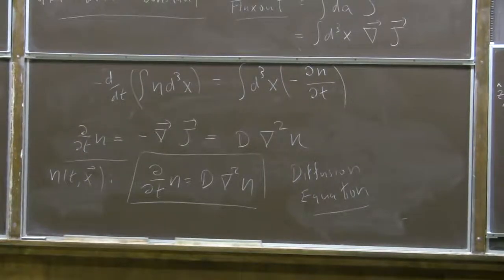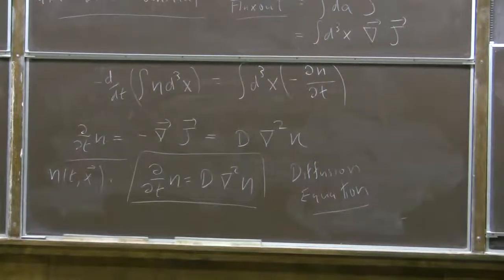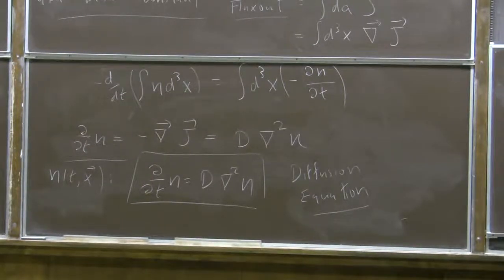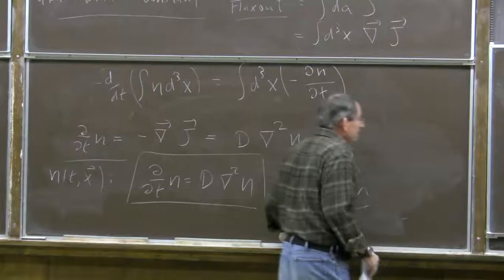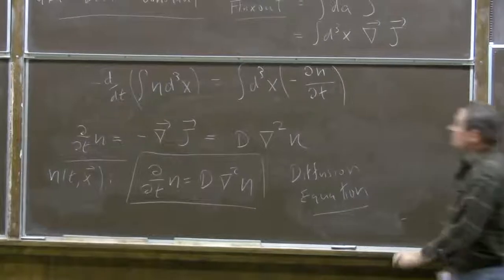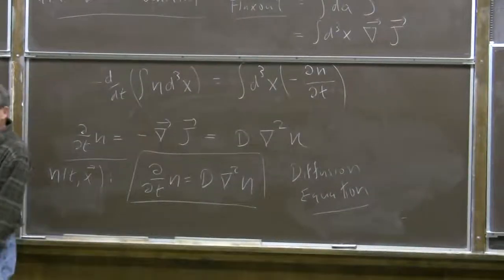Does anybody know who was the first to explain the diffusion equation from a microscopic point of view? Einstein? Yes, it was Einstein. What year? 1905. It was a good year. And what Einstein realized is that we could understand diffusion by thinking of molecules making random walks, like this picture,